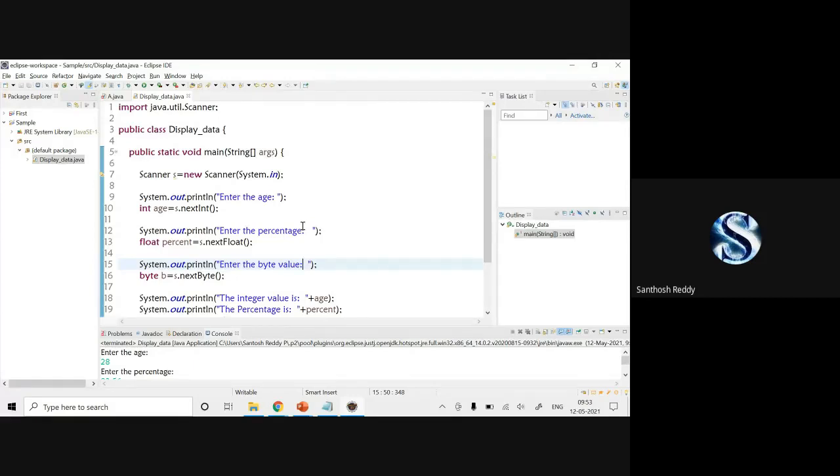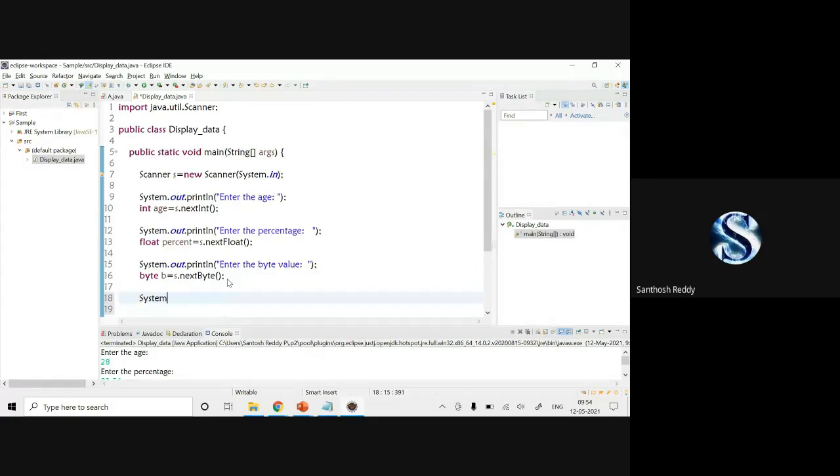Make sure that when you're going to take an input in the form of a string, you have to create a new scanner class. Why? Because these are integer values, so one scanner class is fine. But when you're storing your string, we have to make use of another scanner class. First, I'll show you the storing of a string with the same scanner class.